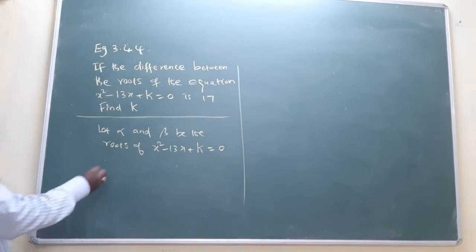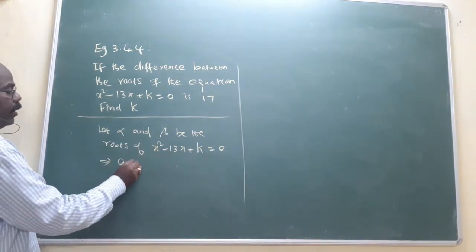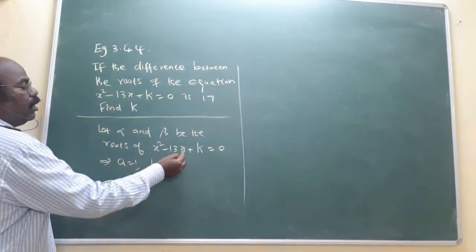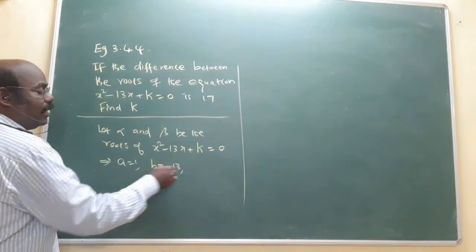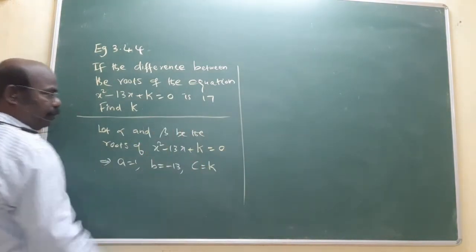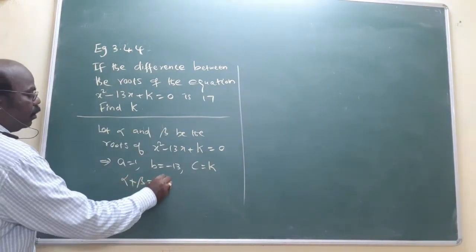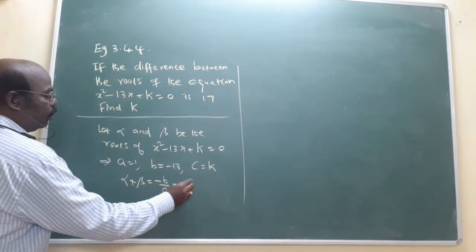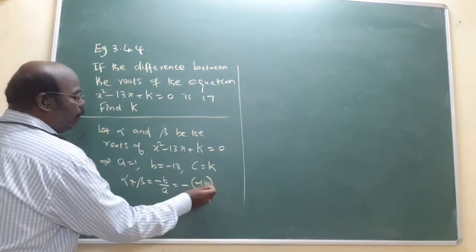The coefficient of x square is a, the coefficient of x is b, which is minus 13, and c is the constant. Now, the sum of the roots, alpha plus beta, equal to minus b by a, equal to minus of minus 13 by a,